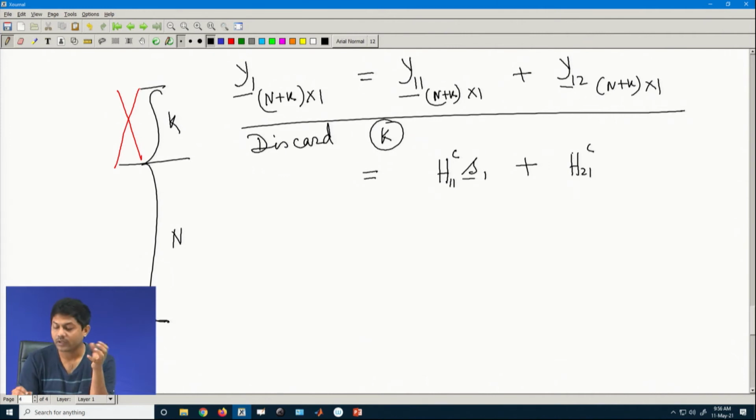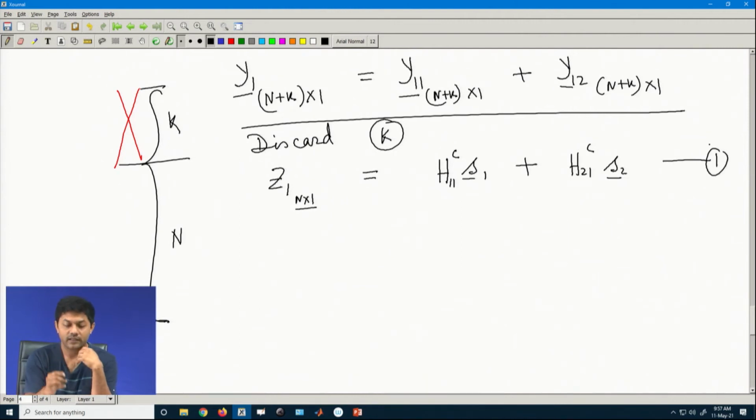Now, I put C just to ensure that it is a circular channel, because it will be a circular channel once I discard the N. So, this will be your S2 bar. Okay. Now, this will be Y11, or rather Z11, let us call it just for simplicity Z1, which is an n cross 1 length data. Now, this is precisely the case. So, this is my equation, let us say 1.